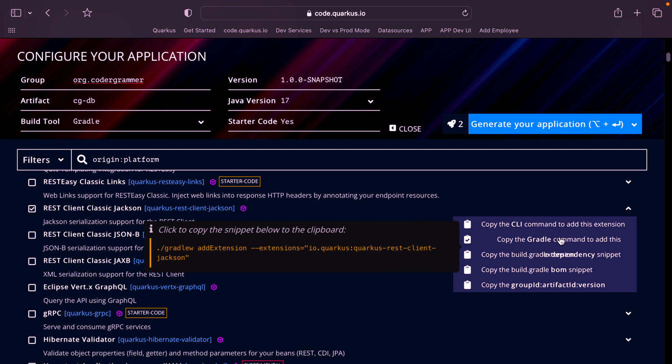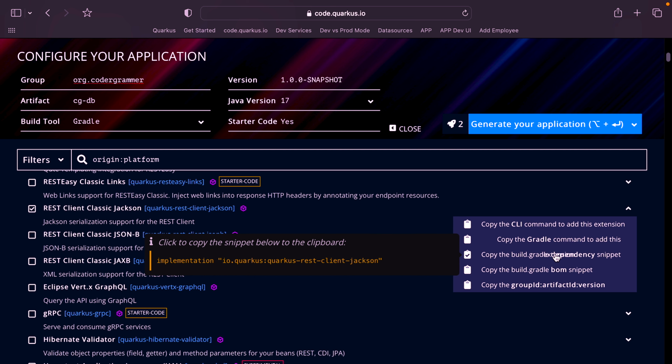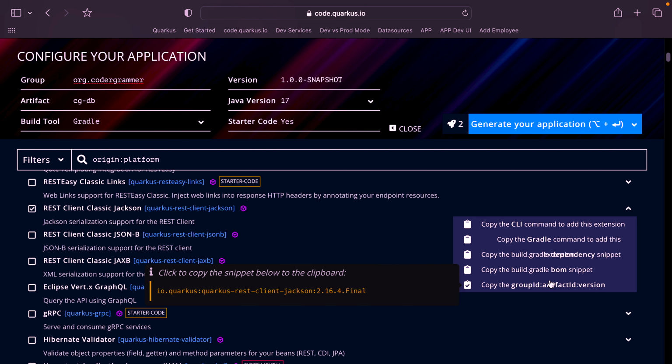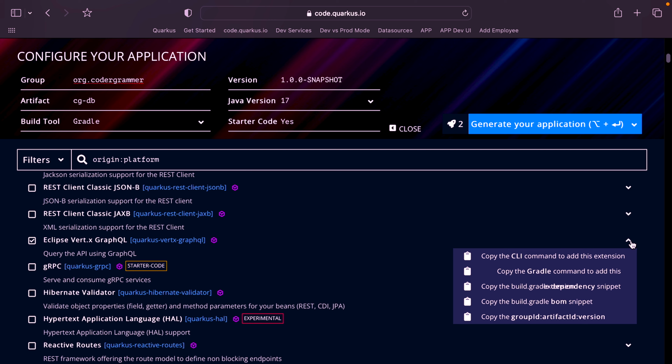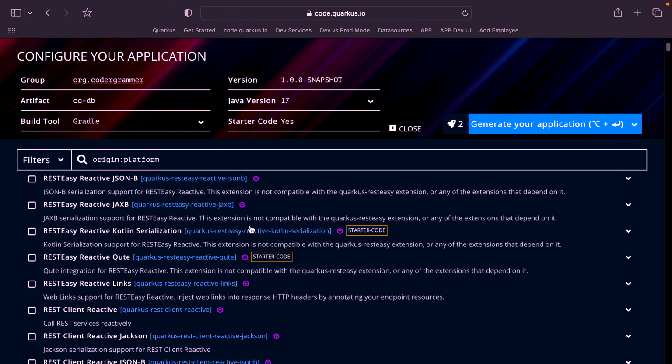You can copy the Gradle command, which does the same thing. It's very analogous to the CLI, but it's using your Gradle. You can copy this snippet, which you can just paste into your build file. You've got lots of options here. Okay, it's very, very useful. And in some of the cases, you can also see a link to the actual extension. I can't find any examples here, but let's go to